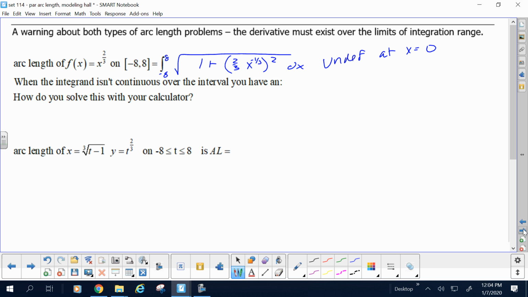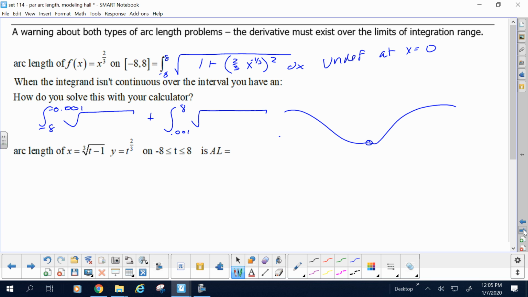So, where is the problem area again? 0. Okay. So, if I had a problem, say I was going from -8 to 8, and the curve looked like this, but I have a problem there, then what do you reckon a workaround is? Take it out. Okay, take out 0. Instead, we could say from -8 to what? Not to 0. -0.001, yeah? Of that, plus another integral, that's the left side,